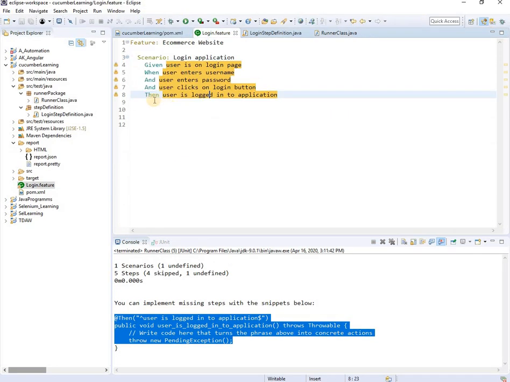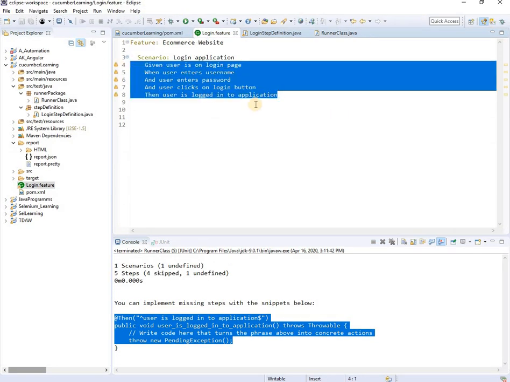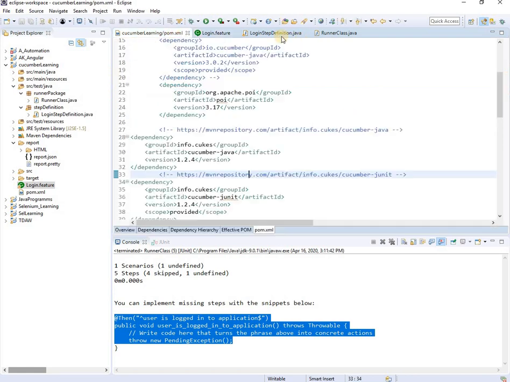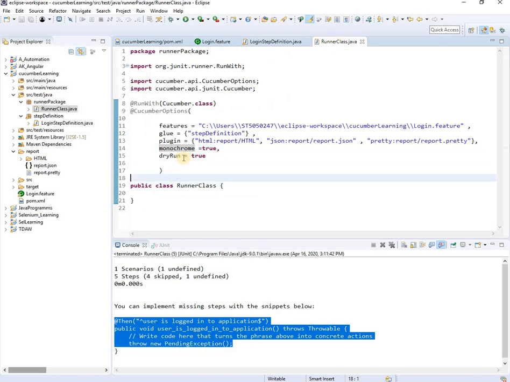Right now we have only 5 keywords. In a feature file, there could be multiple scenarios, 8, 10, 15, and every scenario will have at least 5 steps, right? So around 50 to 60 steps in one feature file. So it is difficult to go and check whether for this step it is present or not, for this step it is present or not. Did I miss anything? Did someone comment it? Did someone overwrite your code? To overcome that, you can use the dry run.